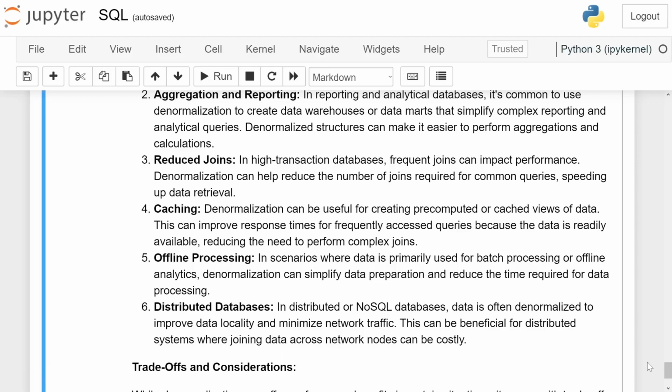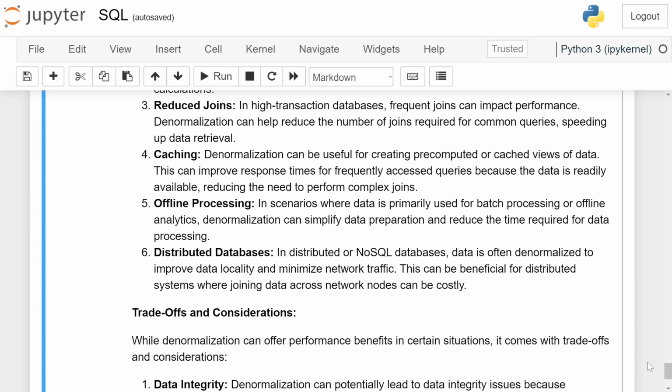In high transactional databases, frequent joins can impact performance. Denormalization can help to reduce the number of joins required for common queries, speeding up the data retrieval. Caching. Denormalization can be useful for creating pre-computed or cached views of data. This can improve response time for frequently accessed queries because the data is readily available, reducing the need to perform